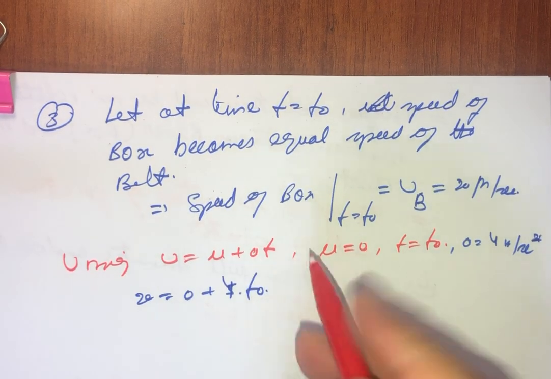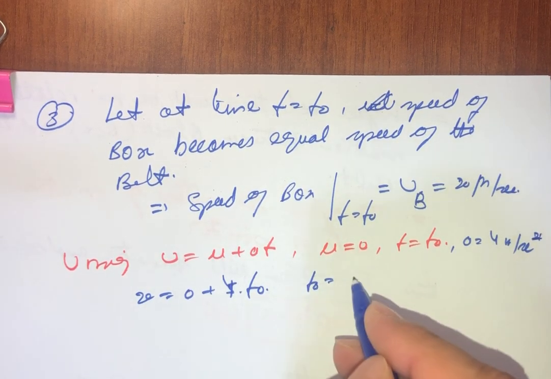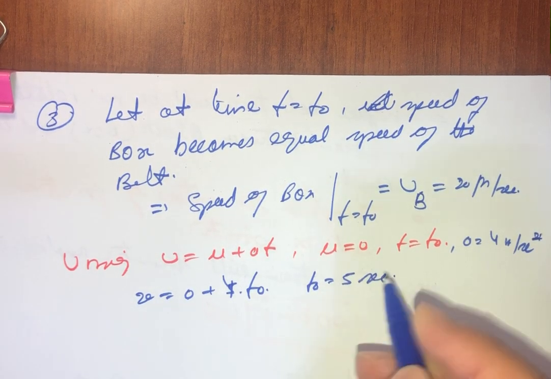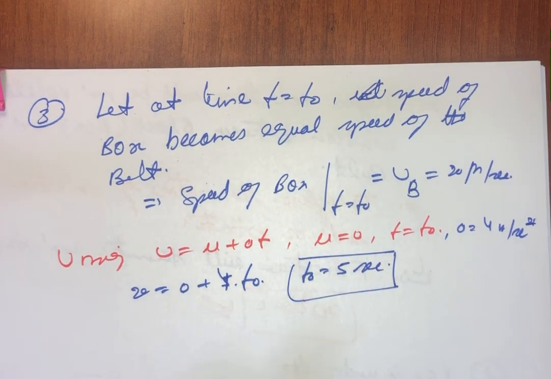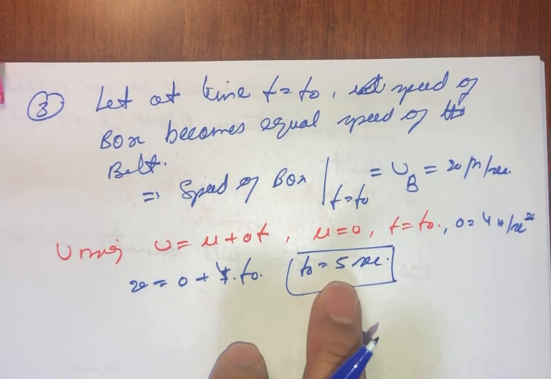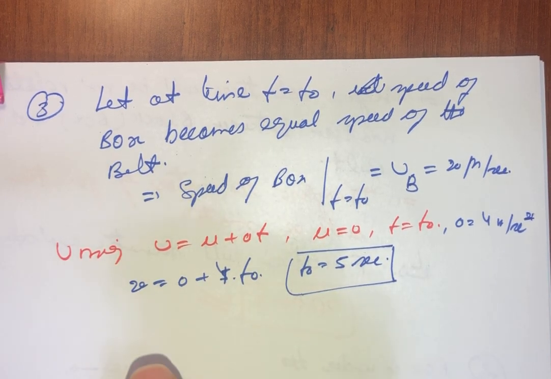So from here we can say that our t naught will be equal to 5 seconds. So at this 5 second, the velocity of the box as well as the belt becomes